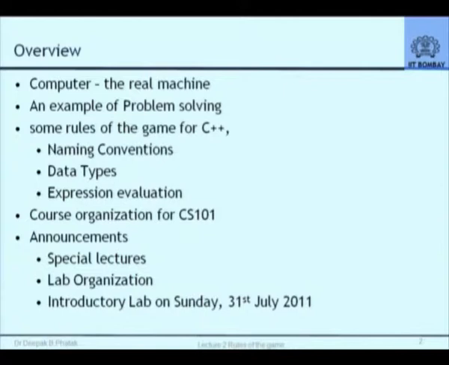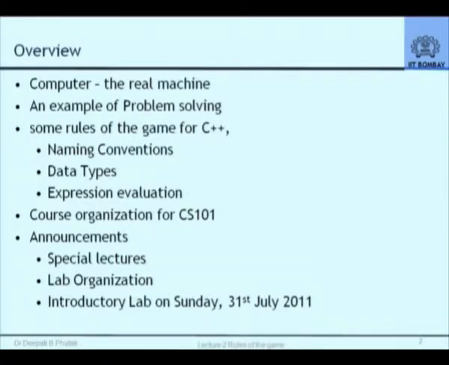We had seen two sample programs in C++ last time. We will take another problem this time and try to write a C++ program. But this time we'll look at the problem and the way the problem is solved. It's a simple problem, so it's a logical extension of the program that we wrote last time. But this is just to illustrate the methodical way in which you must approach problem solving.